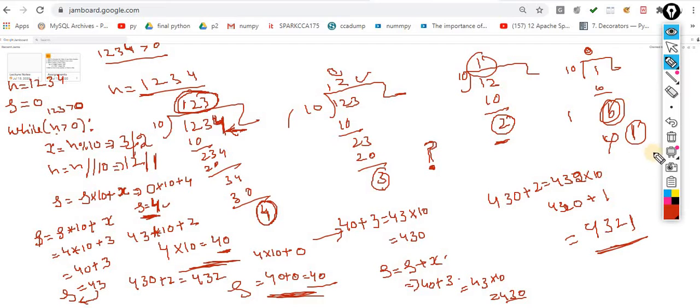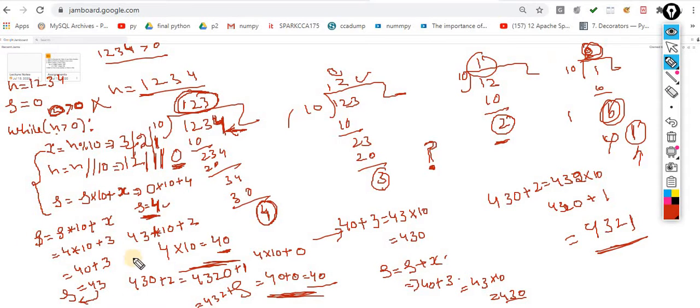Perfect. Now the last scenario: the x value becomes 1, and the n value becomes 0. The same thing happens, multiply by 10 plus 1. So how does it become? 4321. Now the n value is 0. Now I will check the condition over here. 0 greater than 0? No. So that means I don't need to process these steps again because my quotient becomes 0.